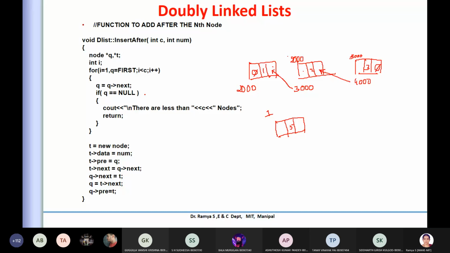Yes. That means you are not listening, or are you there or not? Hello. I'm asking whether the for loop will be executed, or will it enter this for loop, if I want to insert after 1, say for example, I want to add after 1.